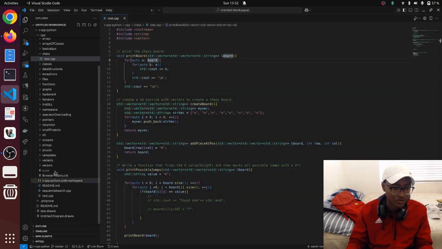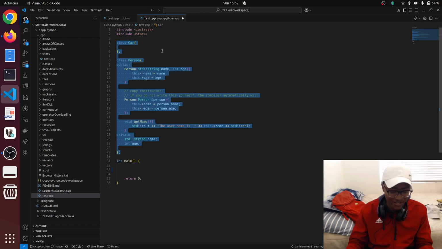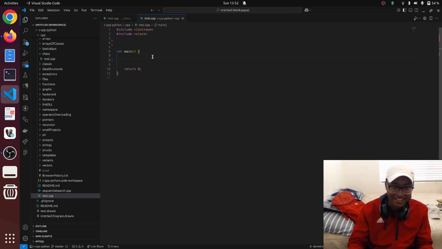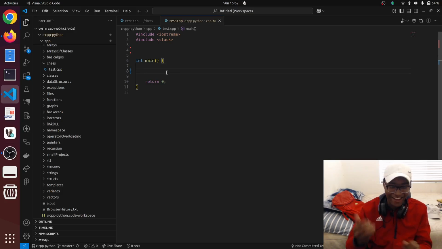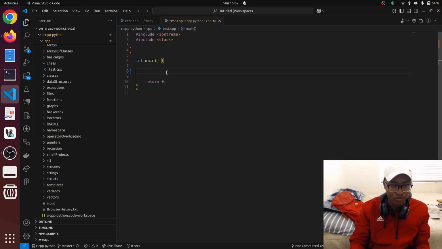The first step is to actually just write a lot of C++, just start writing C++ all over again. And I did forget a lot of this. I don't even know if I can still code properly, but